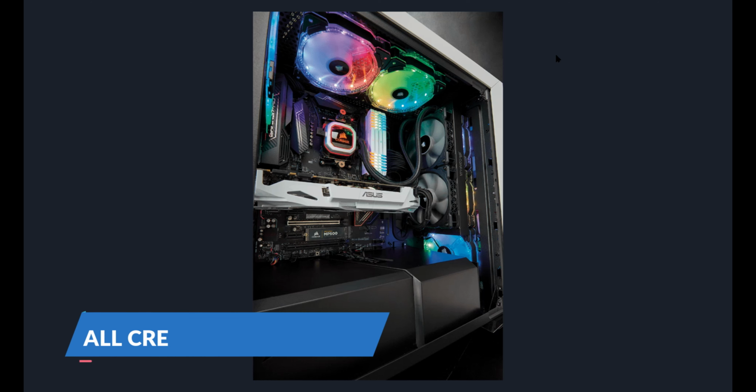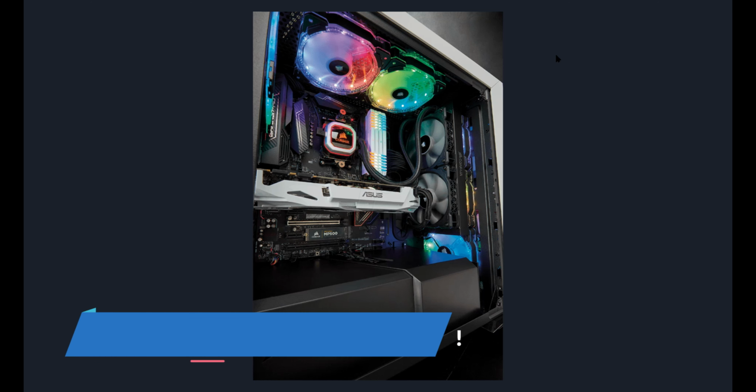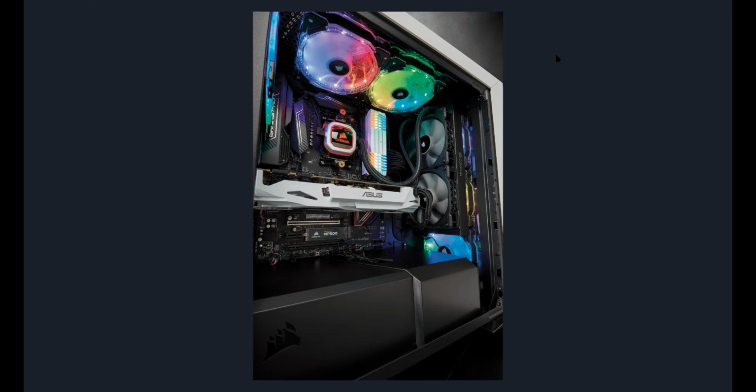Just as a disclaimer, none of these images belong to us and full credit goes to the owners who created them. So for this first image, you can clearly see a PSU shroud to hide the power supply from view and a whole lot of places to install fans. Since you can put a lot of fans in this PC, this is perfect for those people who are worried